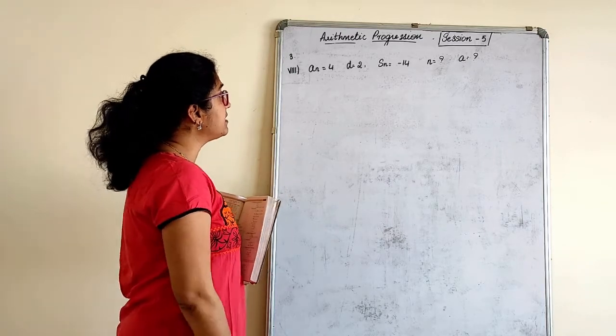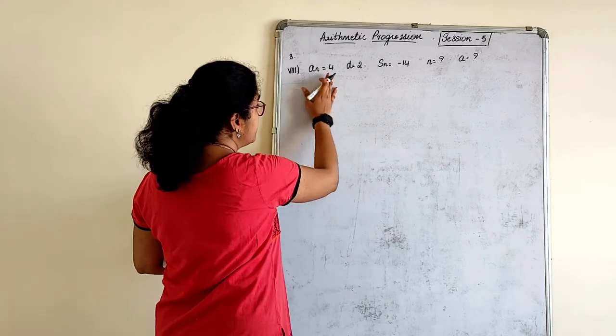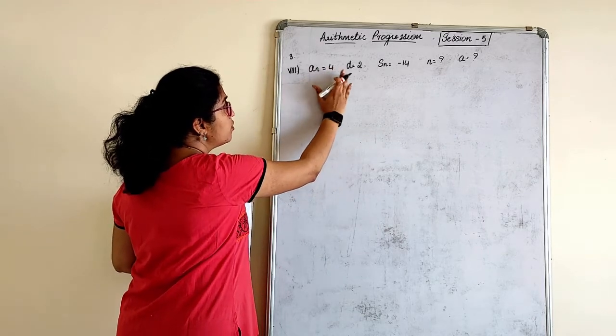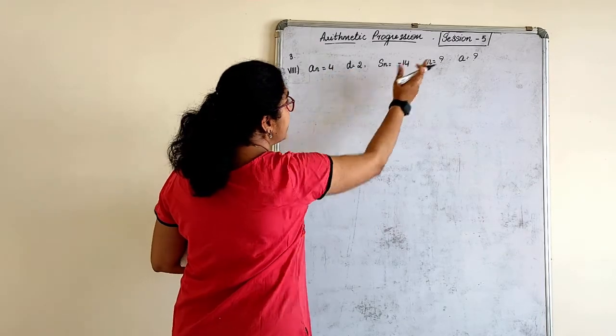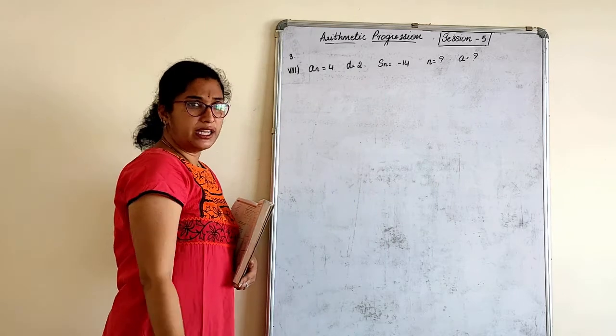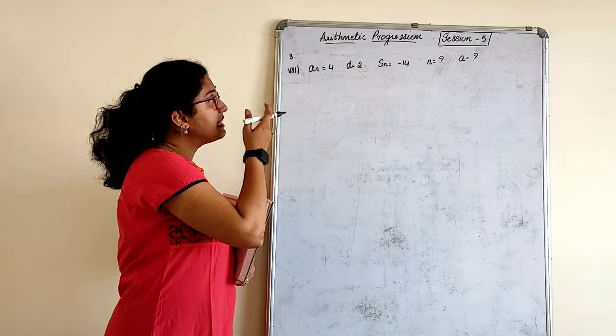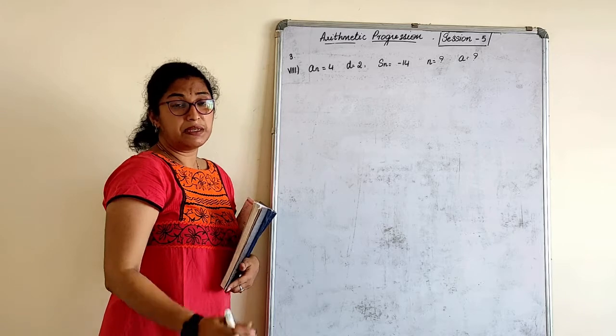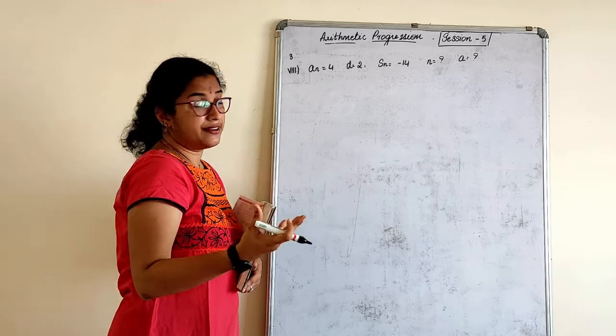Now with this given data, let me first choose an, because if I take an, I know what d is, and a and n I have to find out. Two unknowns are there. Wherever I see, I get two unknowns only. That means I don't have full information anywhere, right?